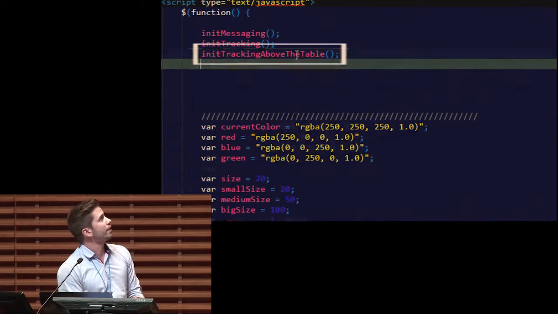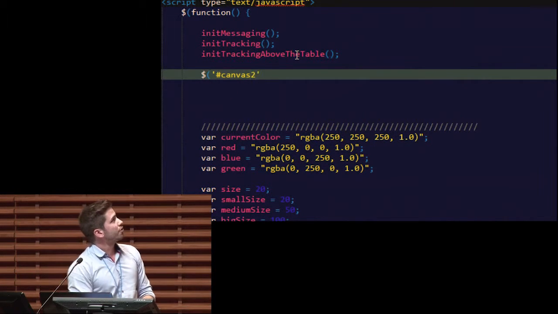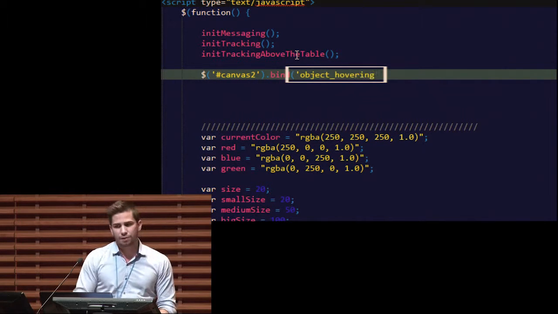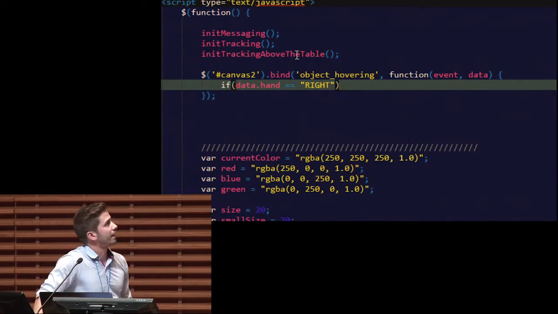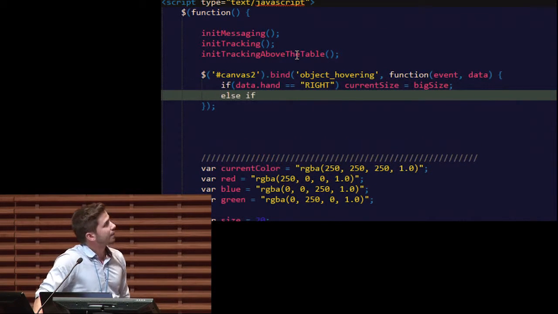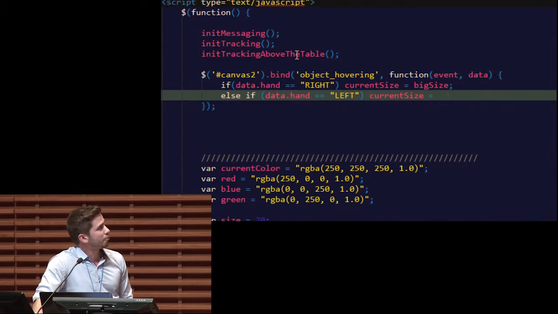So we need init tracking above the table. And then we just bind that event. So it's the object hovering event, which will trigger when a tangible is lifted above the surface. So here we're going to bind our right hand to a big brush size, our left hand to a small brush size,